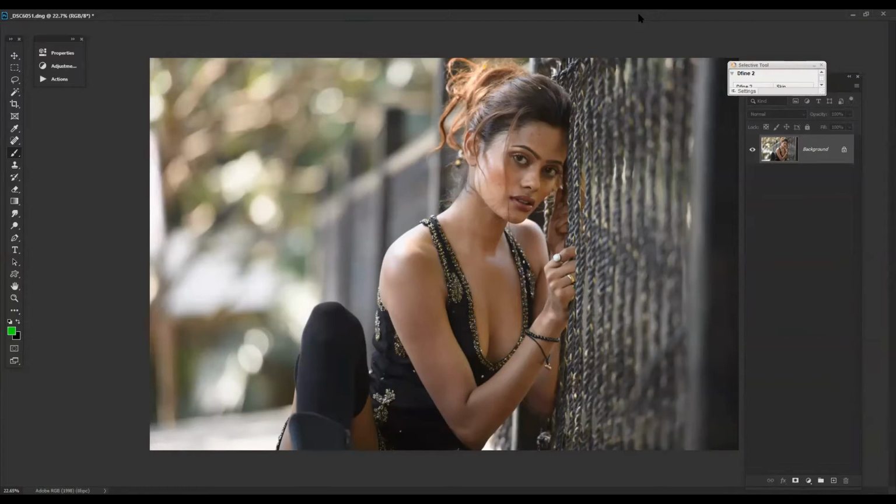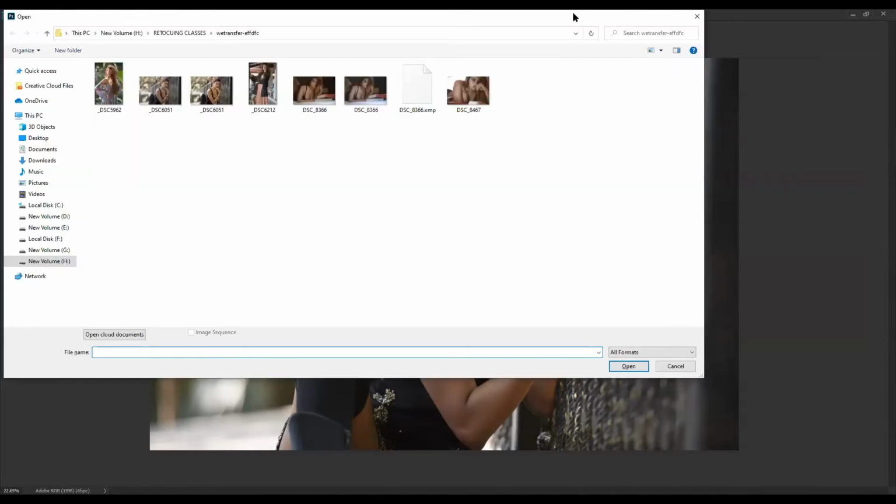You have to properly point out everything, not the major blemishes, but the major portions which you can sometimes overlook. So you make a blank layer where you can point out each and everything: these are the things I have to retouch. Other than that, we have to see through. So let's come to the second part.